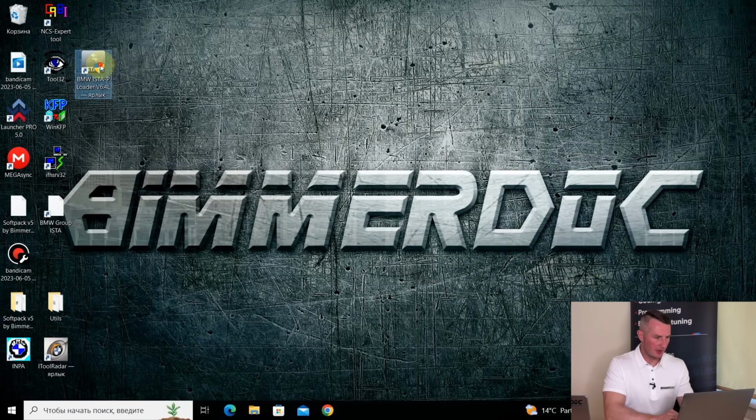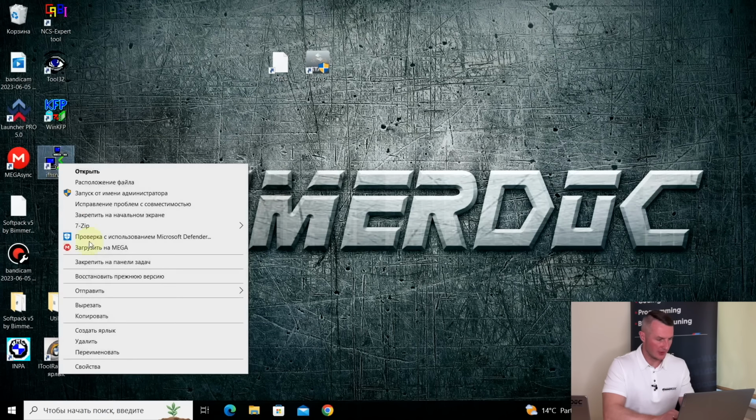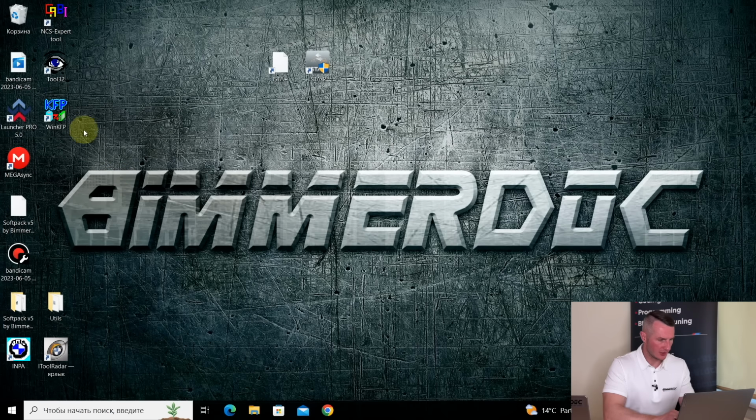So let's clean up our desktop a bit. Let's rename some files so they will be named properly. Actually, that one should be called ISTA Plus. The icon will be fixed later, no problem. That one, you don't need that one, believe me. Just delete it safely. WinKFP is the part of the BMW standard tools package, and it is used to program